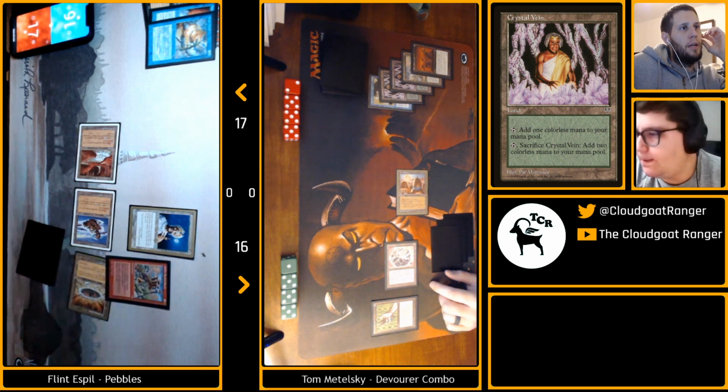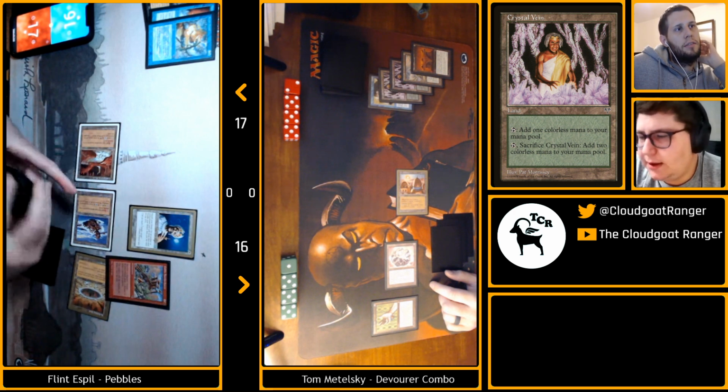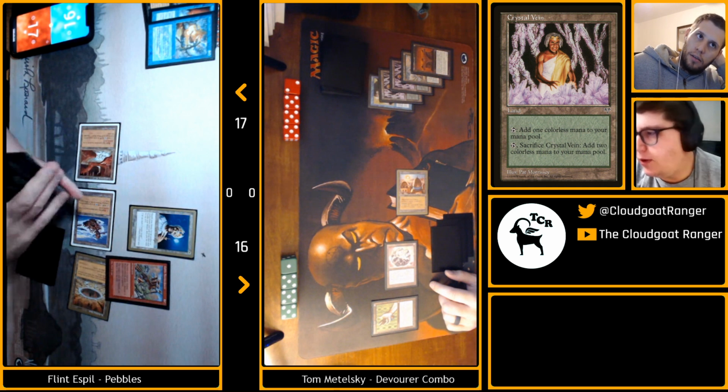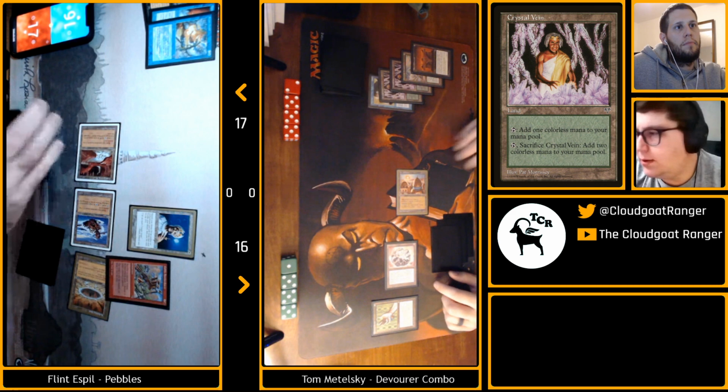Well, he only had 7 mana last turn, right? Because we were talking about. Oh no, he only had 6. Yeah, he spent it all to play the Devourer and got mana leaked. We got Flint here getting Goblin Bombardment. So my guess is that